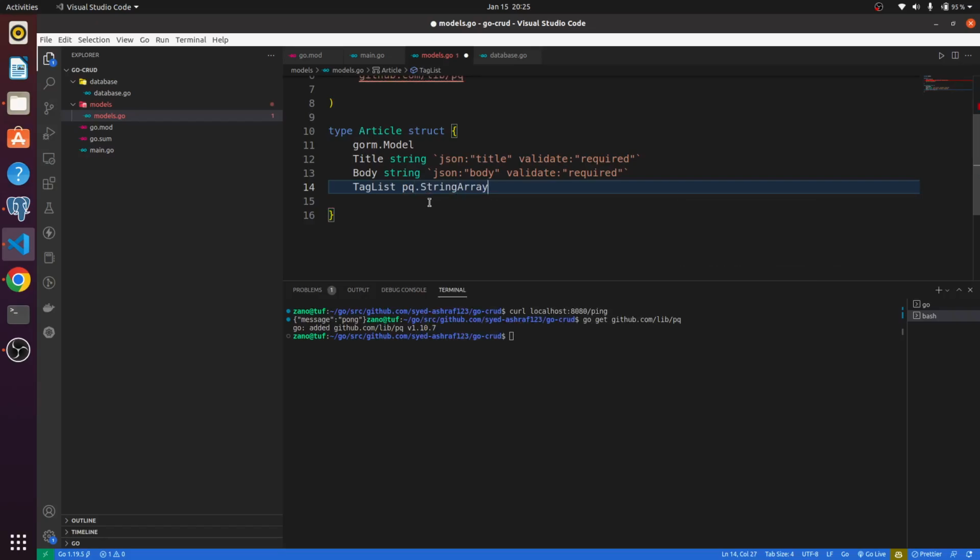So it will be an array of string, and in the JSON it will be called tag list, the way JSON works. Then we'll say gorm, and it will be of type text array. So you can define ID here also, but the Gorm model by default creates ID and everything for you. Now here we'll create a function